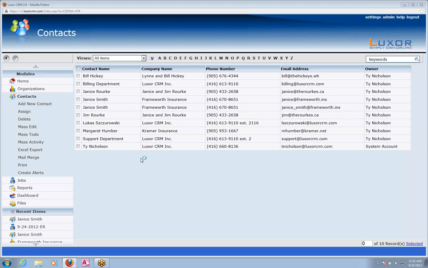Okay, this demonstration has to deal with the situation where you have multiple duplicates, or you have a duplicate contact in Luxor where that contact in both instances has jobs associated with them, historical jobs. You can see here I have two Janice Smiths, both belong to Frameworth Insurance. I'm pretty sure that this is the same contact and I need to delete one of them because one of